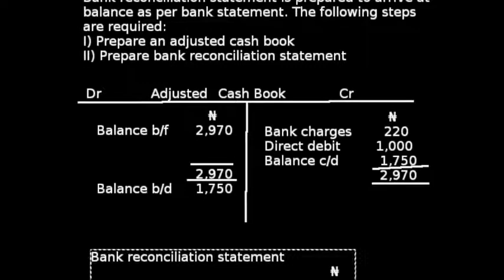Just two items are in the credit side: the bank charges and the direct debits. So you have 1,220 naira. By the time you minus the two, you are going to have a balance, and that balance is called balance carried down, balance c/d, and which is